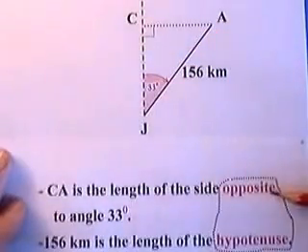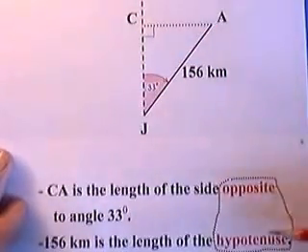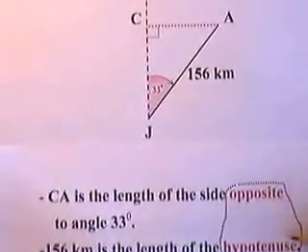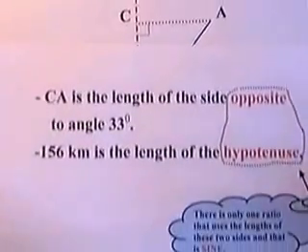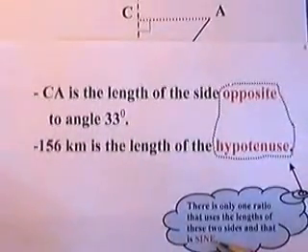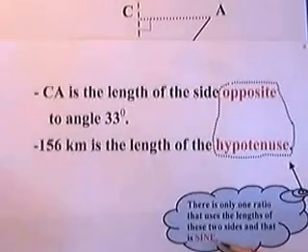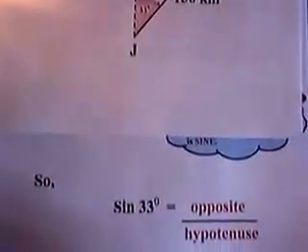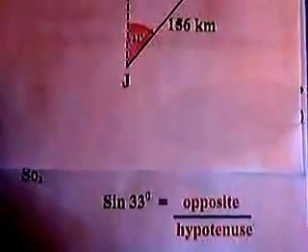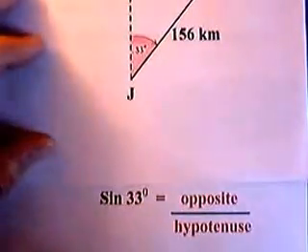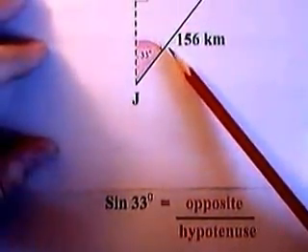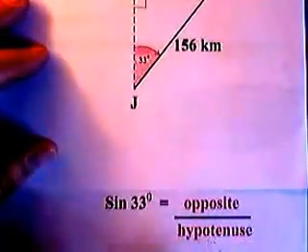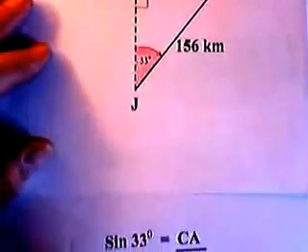Well, look at what we have. We have opposite and we have hypotenuse. Well, there is only one ratio that uses the lengths of the opposite and the hypotenuse, and that is sine. Okay? So we would write immediately that the sine of the angle at 33 degrees is equal to the length of the opposite side divided by the length of the hypotenuse, or in other words, we would make the trigonometric equation